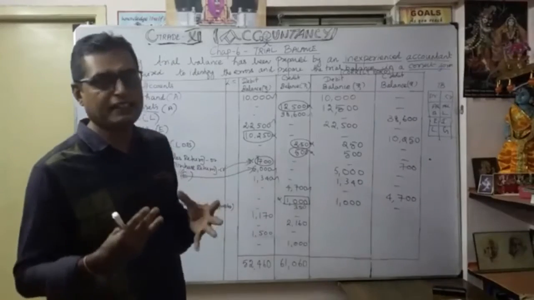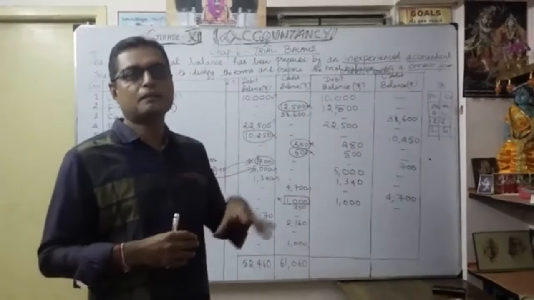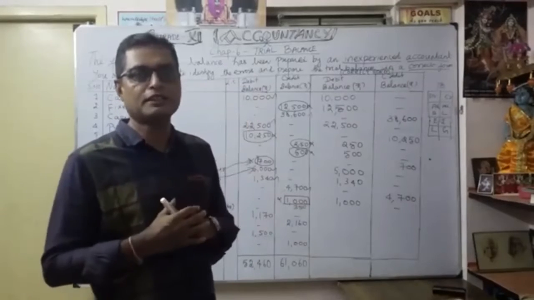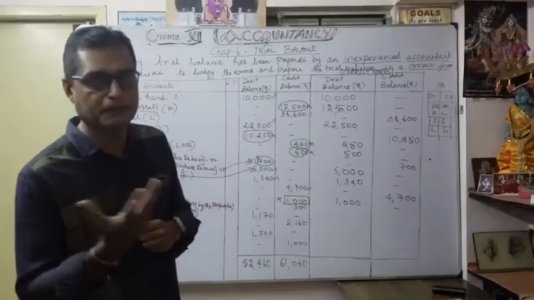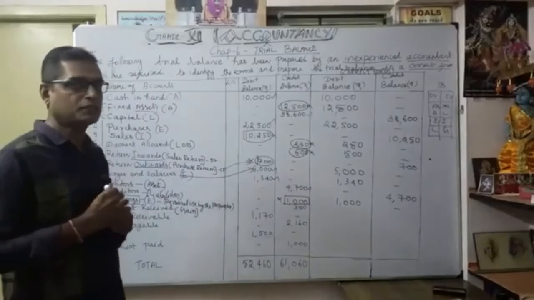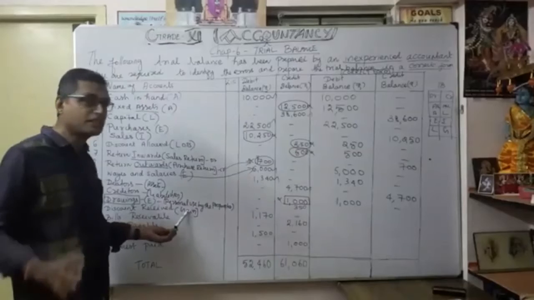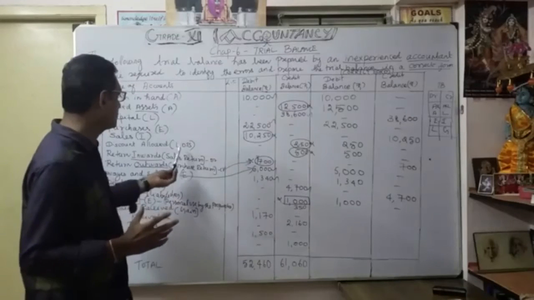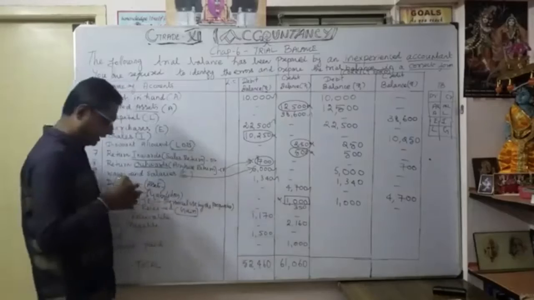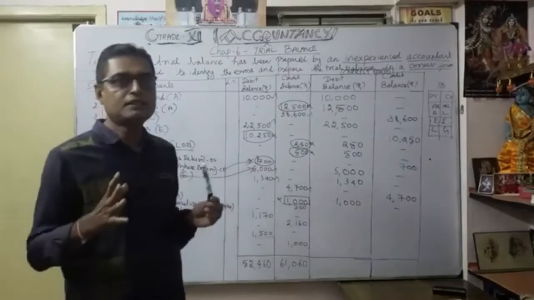So we are getting a gain. Instead of 10,000, I paid only 9,500. So naturally, that 500 rupees I didn't pay, that 500 becomes a discount received for me. So I consider it as a gain, not income. That's why you should be very careful: here a loss, here a gain. So as a gain, it is always a credit balance.